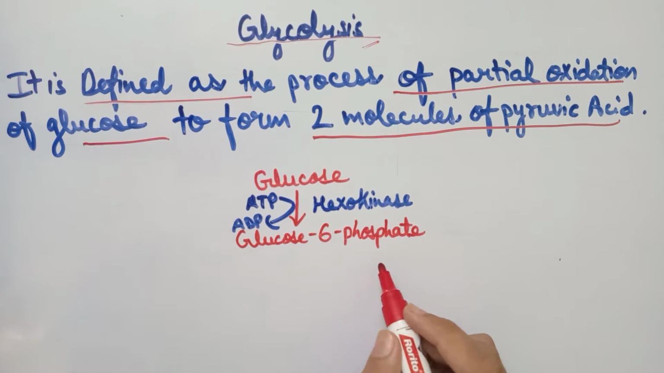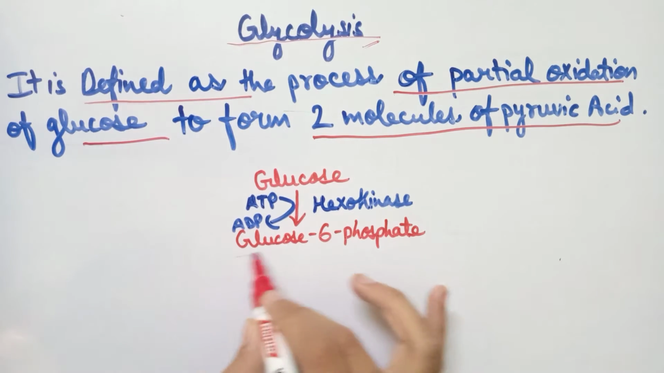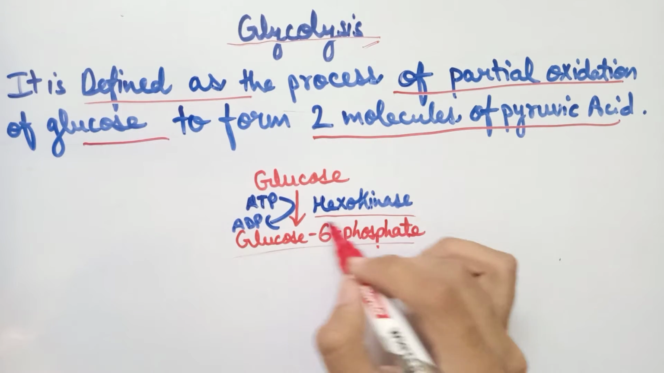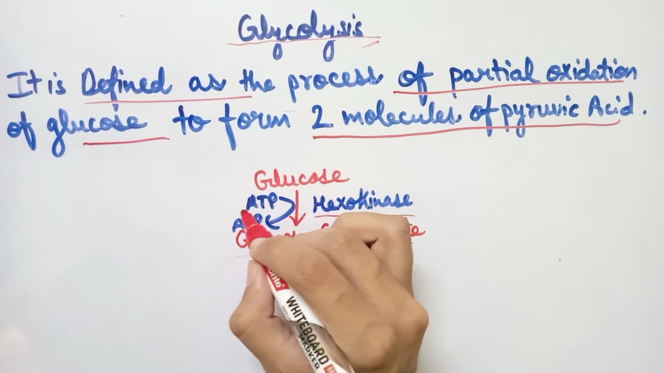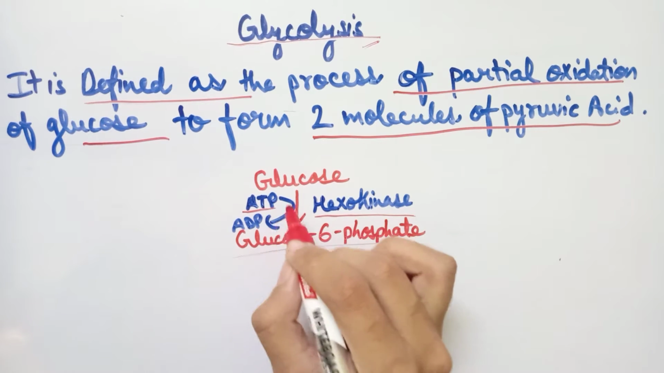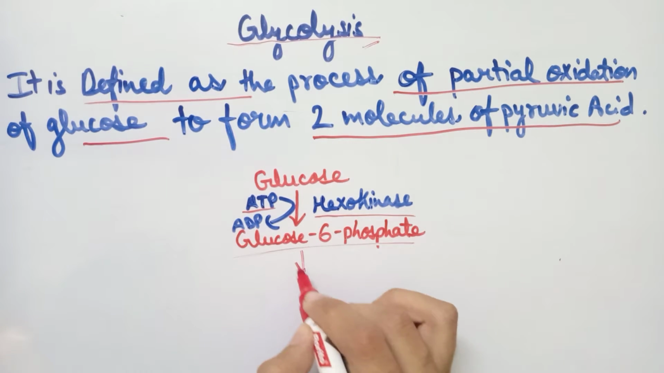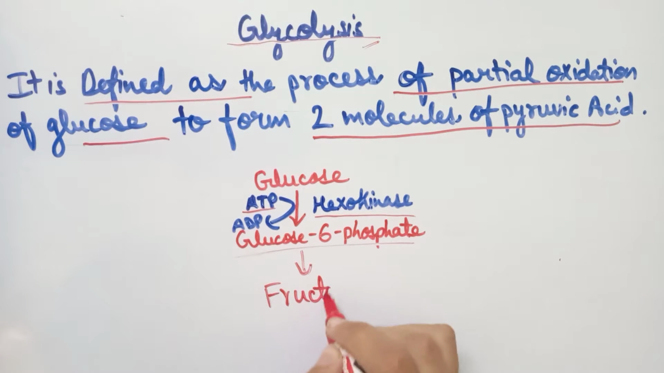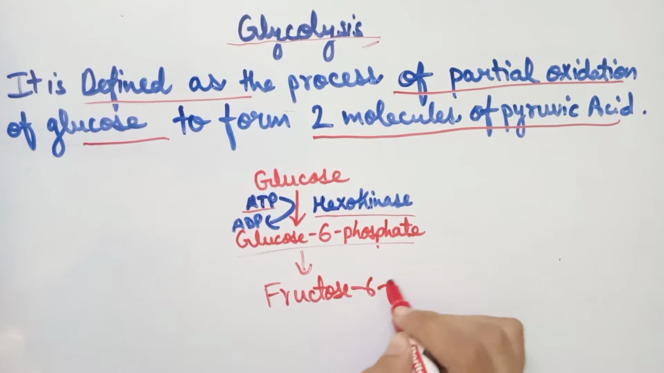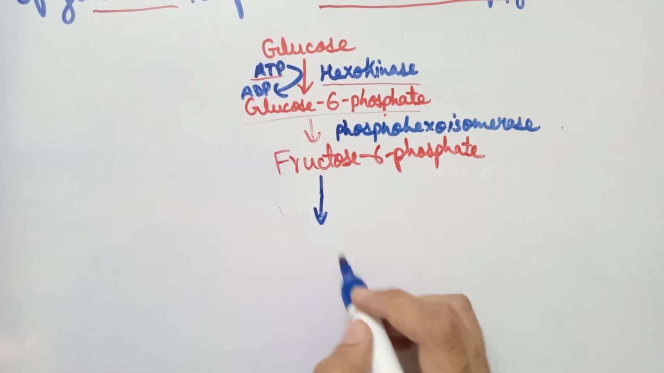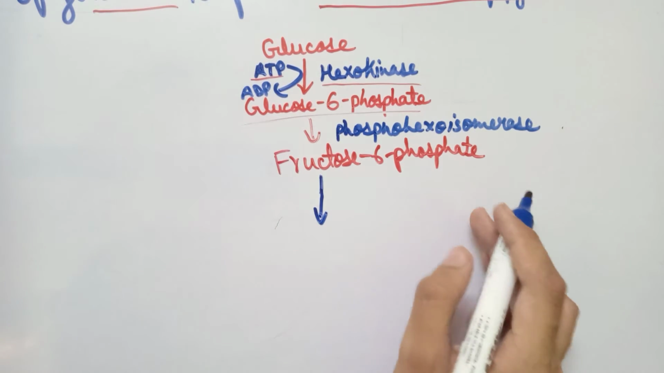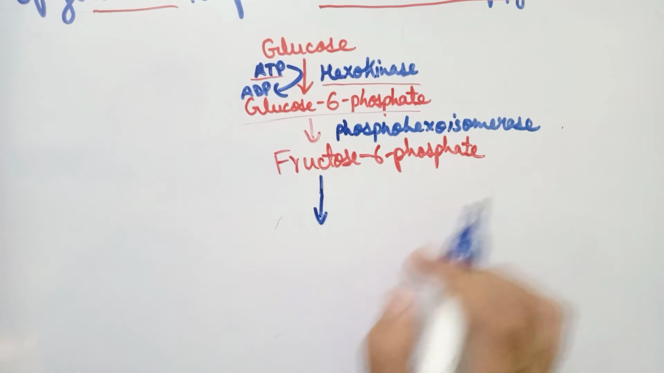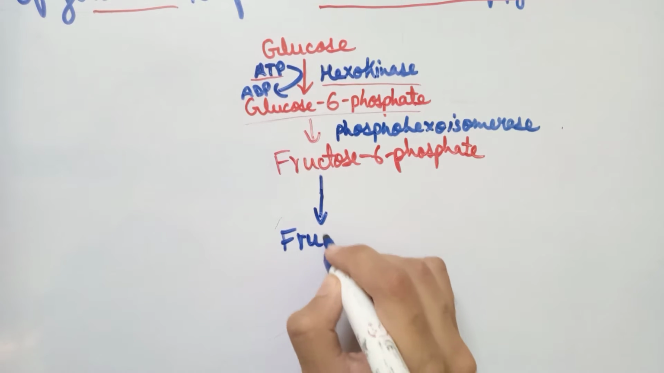In glycolysis, the first step is the conversion of glucose to glucose 6 phosphate with the help of the hexokinase enzyme. In this process, one molecule of ATP is utilized and ATP is converted to ADP. Now the glucose 6 phosphate is again converted to fructose 6 phosphate. Now the fructose 6 phosphate gets phosphorylated, meaning there is addition of one more phosphate group, and gets converted to fructose